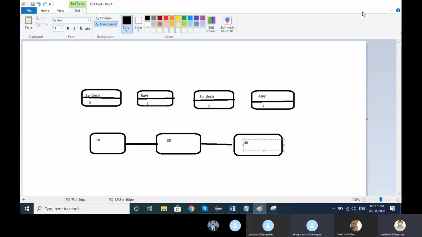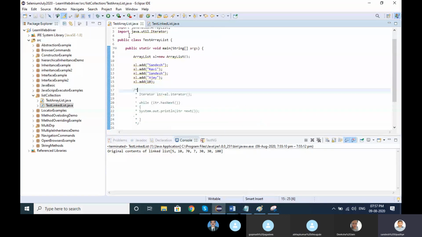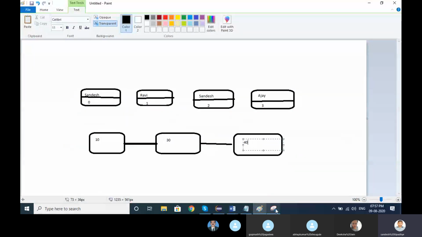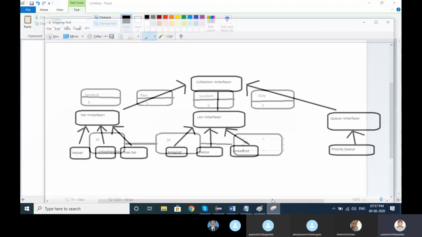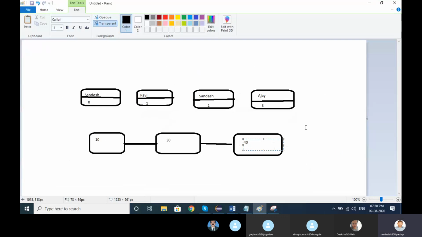Okay. Similar to array list, the third concept is vector. We have vector as well, but vector was introduced in JDK 1.0 at the initial level.